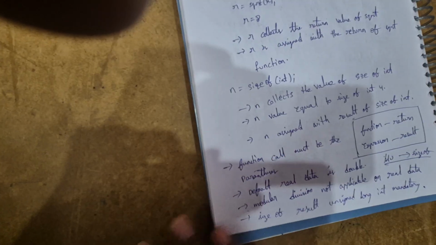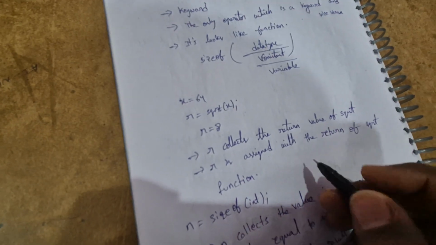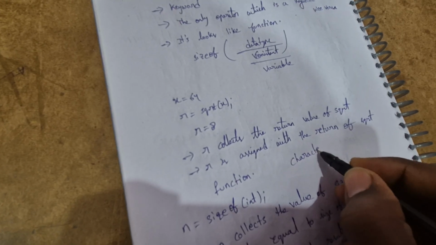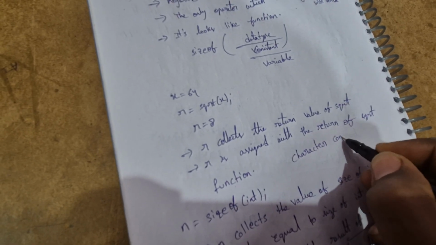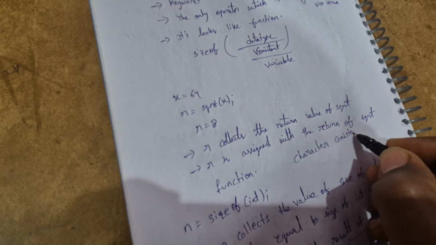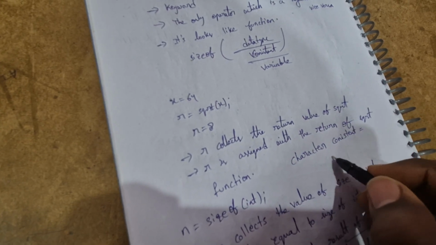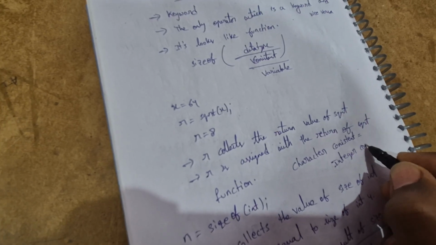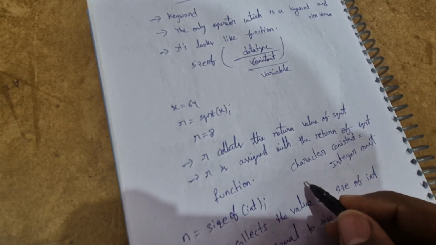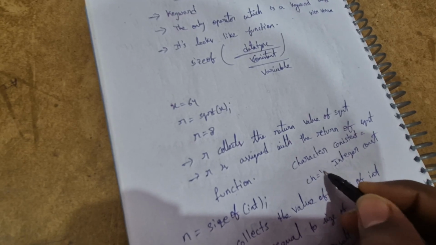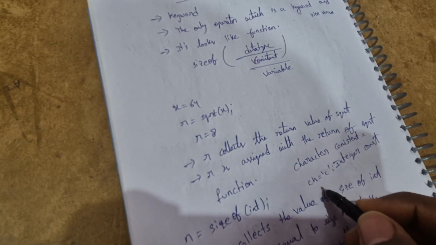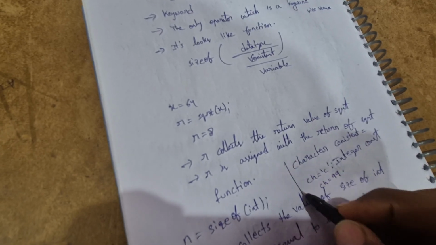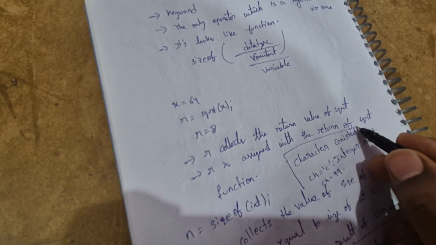Okay, and another point: character constant equal to integer constant. Let's suppose ch equal to character c. This ch equals the integer constant 99. This is the ASCII value. Okay,